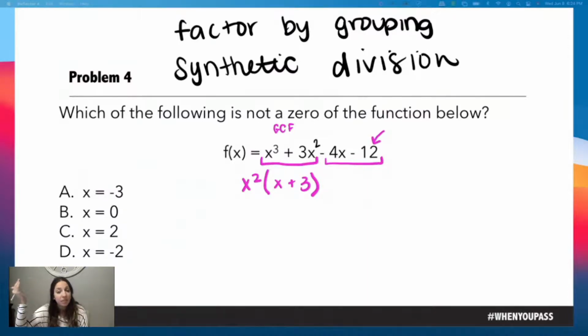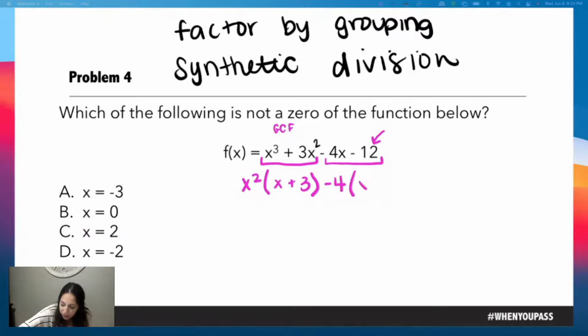They both can be divided by 4, but I'm actually going to do a negative 4, because what I'm really trying to do is get this to match with the same thing over here. And so if I factor out a negative 4, it's going to make that a positive 3. You'll see in a minute. So if I factor a negative 4 out,